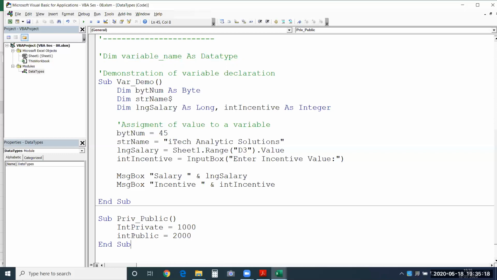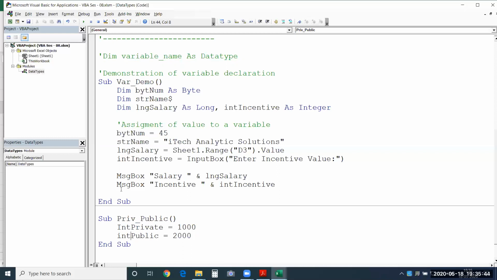Now you can see here, you have to first execute them. You need to provide some value initially. Okay, once they are stored, the same value, you can use it in any macro using this int private, and in public, you could be using it throughout the project. So even if it is not within this module, it can be used in another module as well.